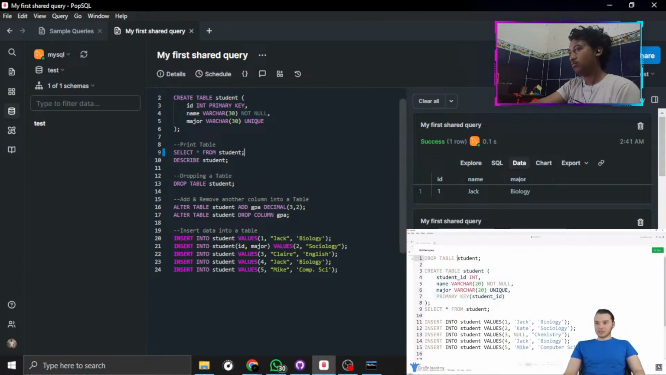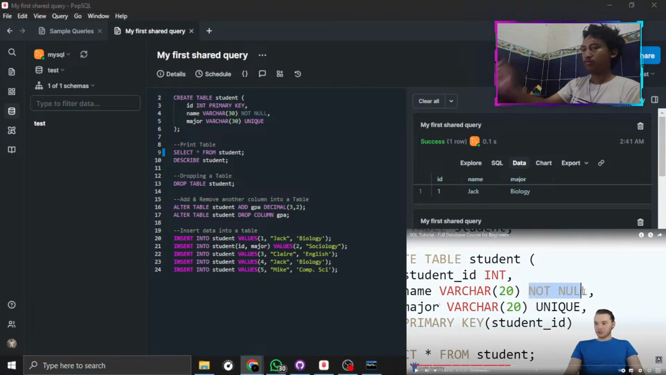So there's a couple other ones. We're actually going to drop this table again. So I'm just going to click drop table and we'll go ahead and drop the table. And over here, I'm going to create the table again, but we're going to give this some other stuff. So these are actually what we would call